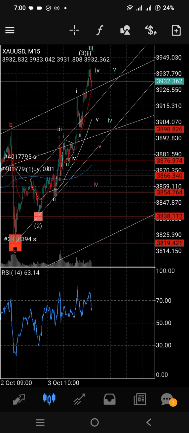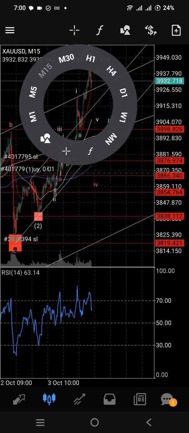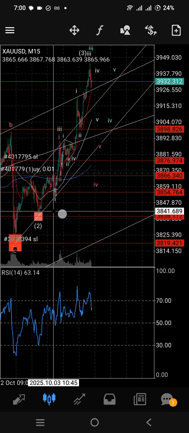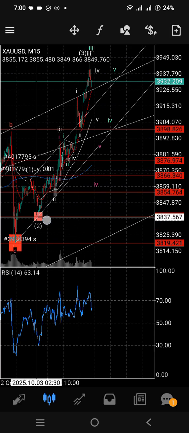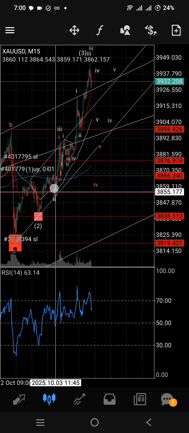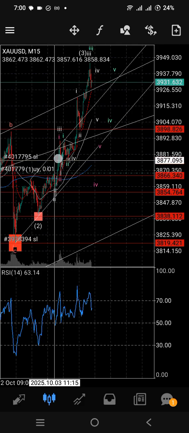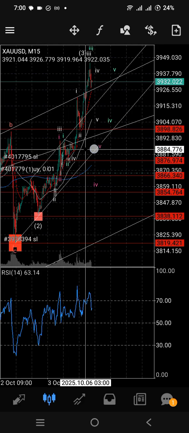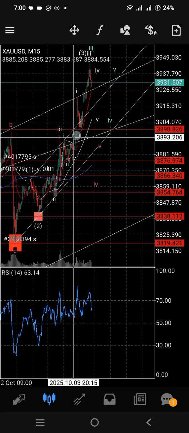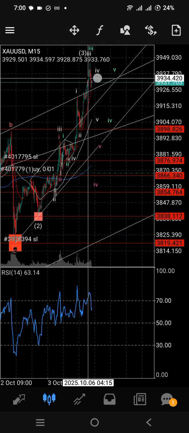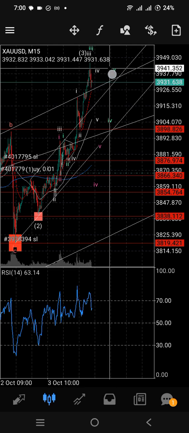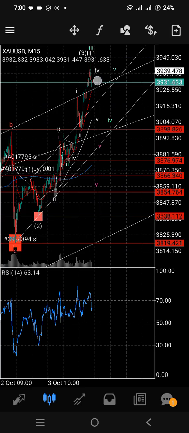I will probably follow the least promising count just so that I can be cautious, and I will move my stop loss according to that least profitable count. So that least profitable would be, this is a 1, and then this is a 2, and then we're having a 1, 2, 3, 4, 5, which would be the end of wave 3, rather than having all these sub minuettes, 1, 2s and 1, 2s and 1, 2s on the lower time frames. So yeah, I want to take the least profitable path so I can take the most cautious approach rather than being super bullish and ending up being disappointed.